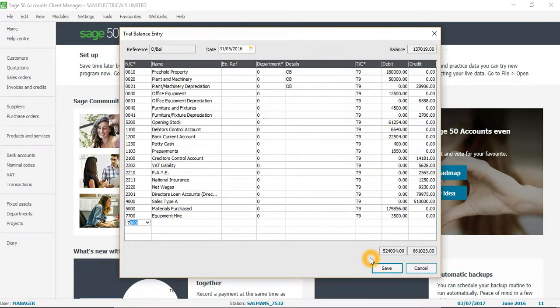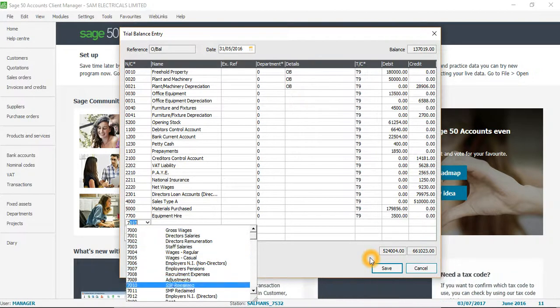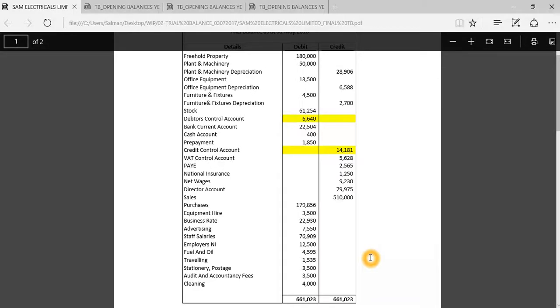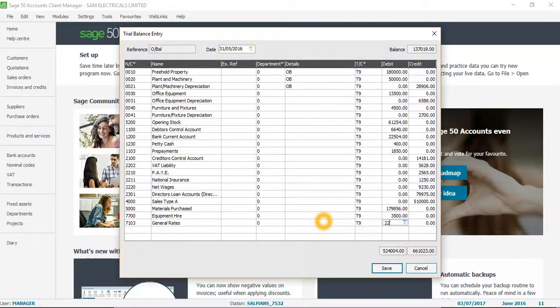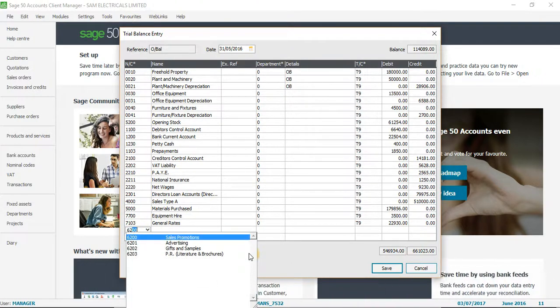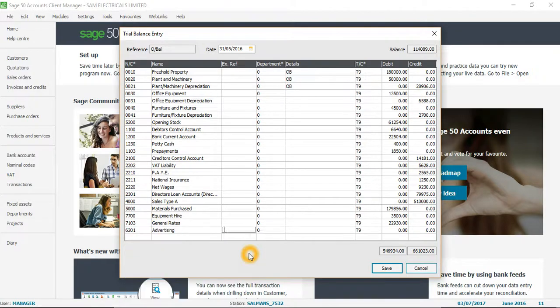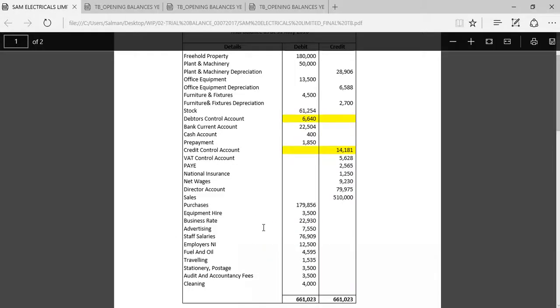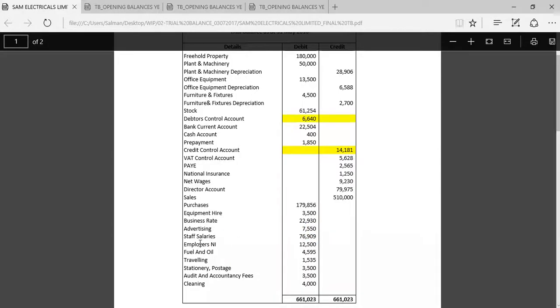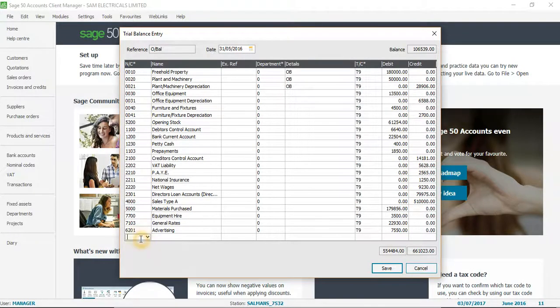Then we have rates. We can see from here, you see general rates, so we put them here, and the amount is 22930. Next is advertising. Advertising starts with 6200, 6201, and the amount is 7550. Next nominal code is staff salaries. Staff salaries you need to put that into